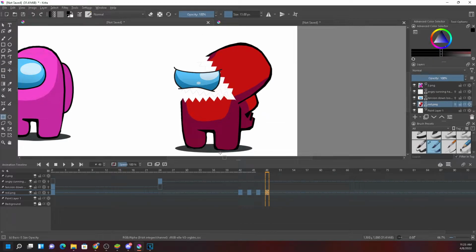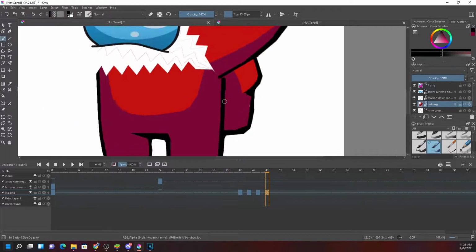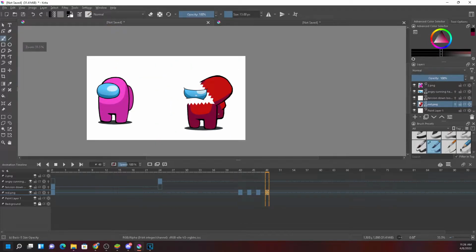So right now you can see there is so much disturbance over here. This below image is so much disturbed, right? So there's no problem for it. You can paint it like this. After animating it, you can paint it, or else you can do one thing. The best way is to not.